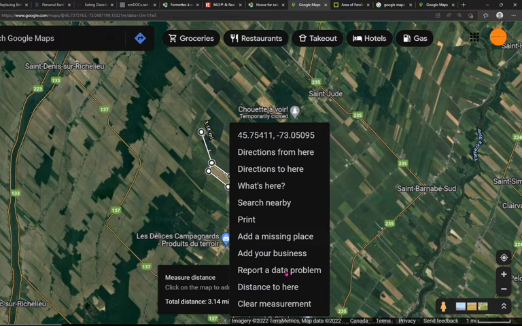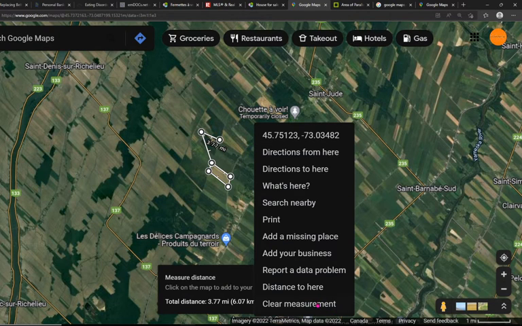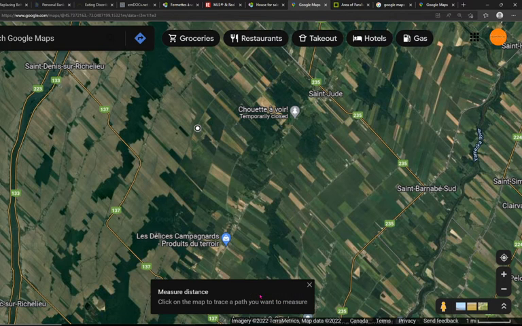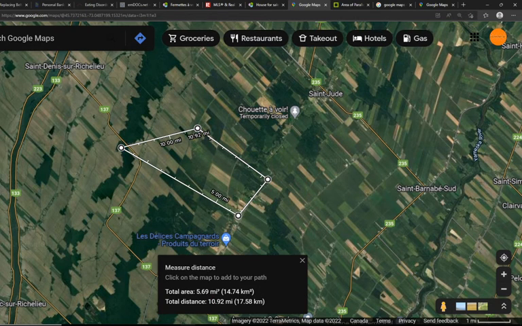First clear this, right mouse button. So you simply click on the right mouse button without hovering over your points, clear measurement, and if you measure a bigger distance or a bigger area, it's going to show the unit in miles this time and respectively kilometers. So if I would measure a bigger area, maybe an irregular area, then you get the square miles. So it's all a matter of scale here.